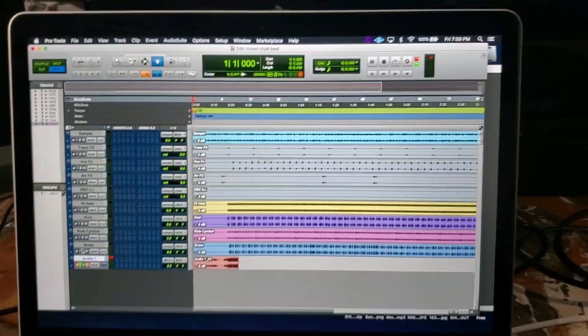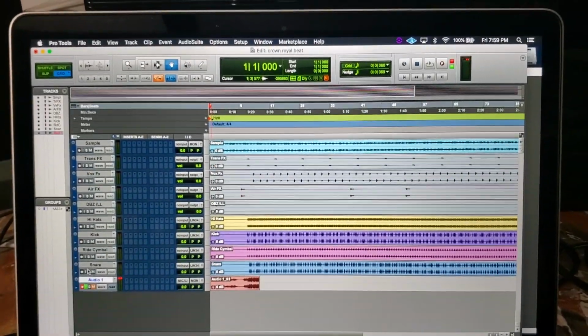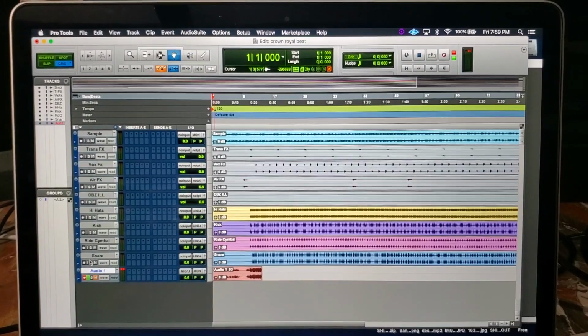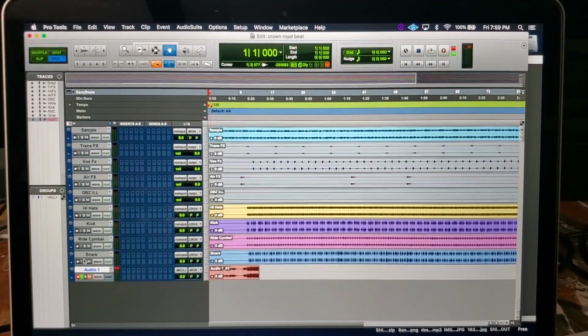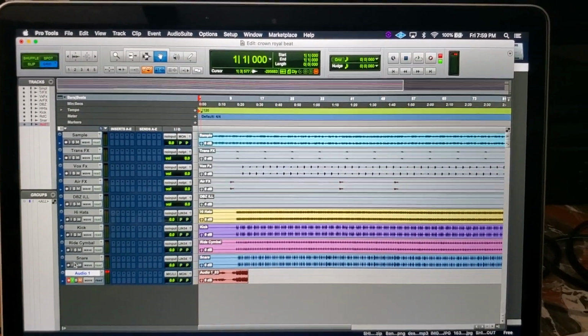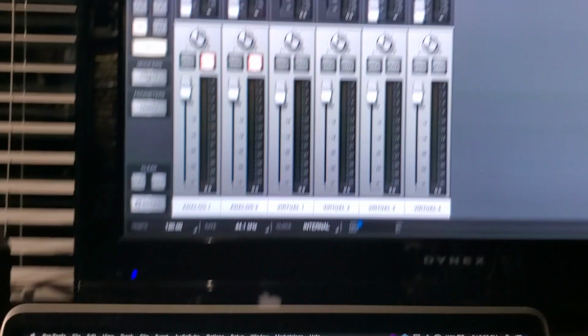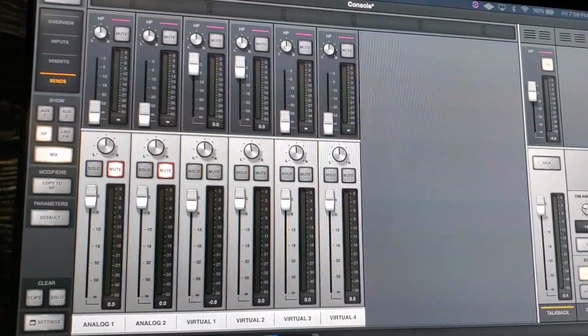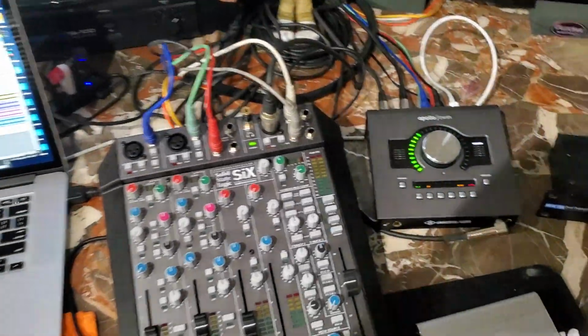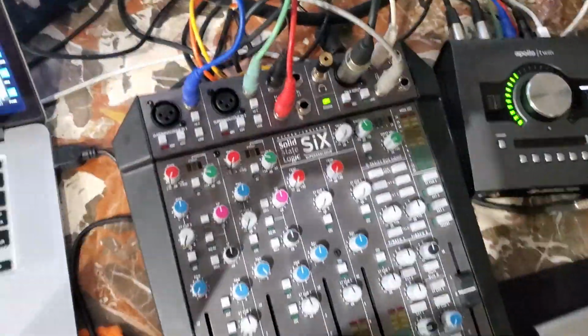Pretty simple. A lot of you guys were having some issues with your routing, and understandable. It's just a couple of more settings that you got to pull off inside of Pro Tools and inside of console too. All right, another thing I think I need to mention too is that